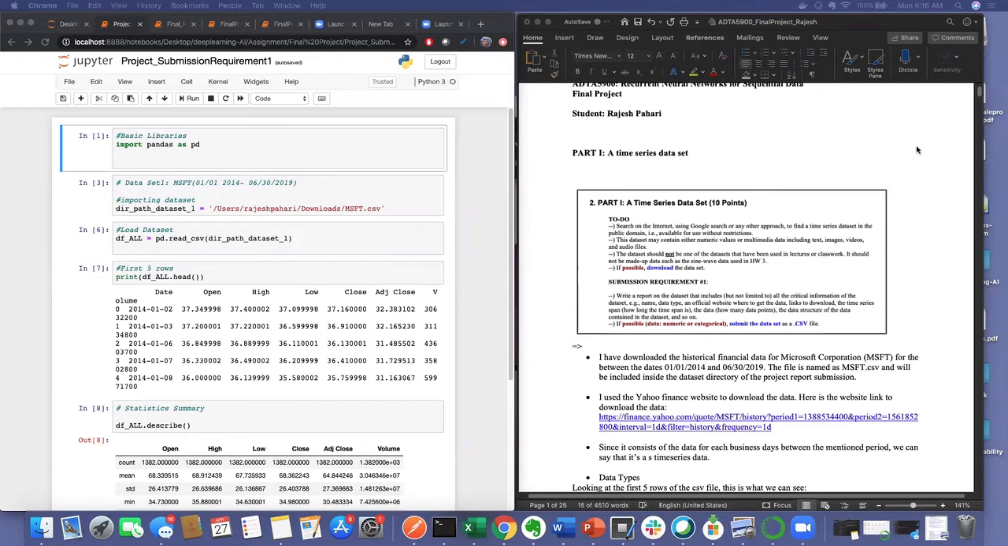and look at the data and tell what kind of data types we have, as well as provide the link to download the data. So what I did was I went to Yahoo Finance, and here's the link for Yahoo Finance. I downloaded the historical financial data for Microsoft Corporation between January 1st, 2014 to